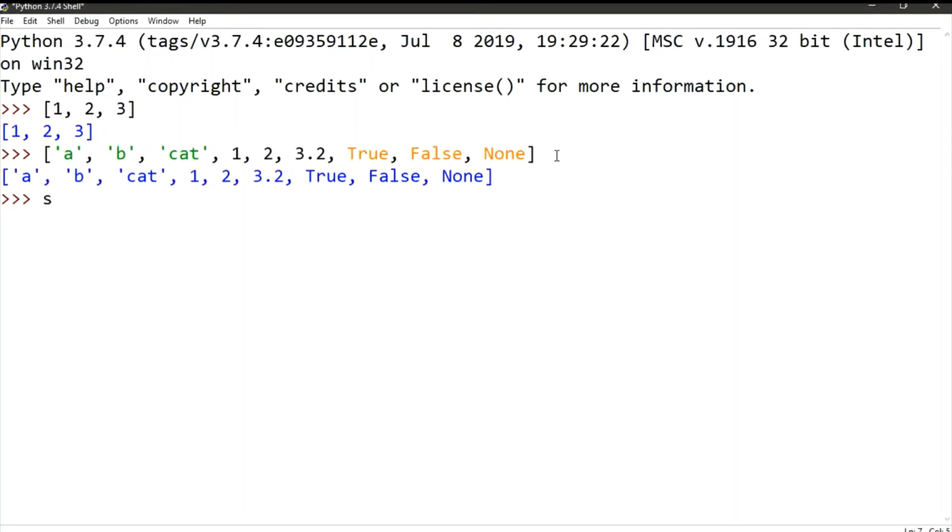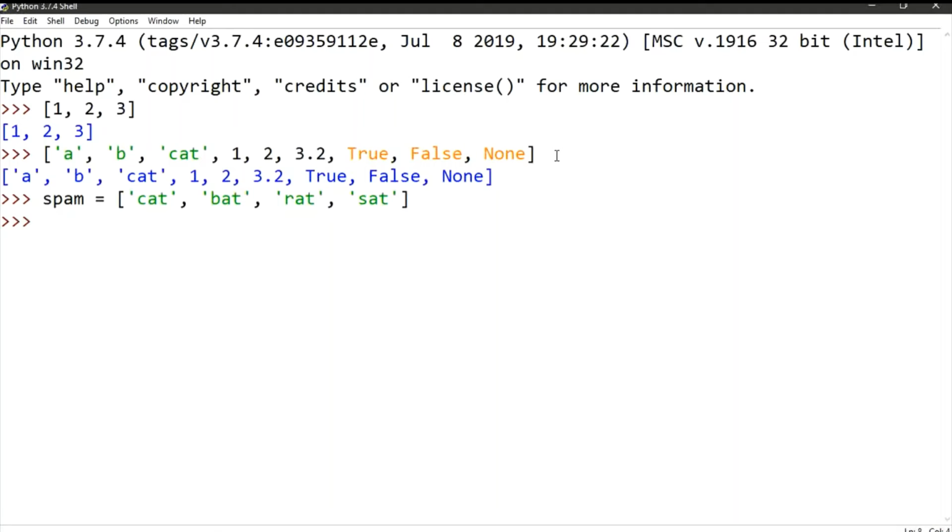And just as we assign basic variables or strings, we can assign lists also. Like we have a spam variable which has cat, bat, rat, sat. These are the items in the list.